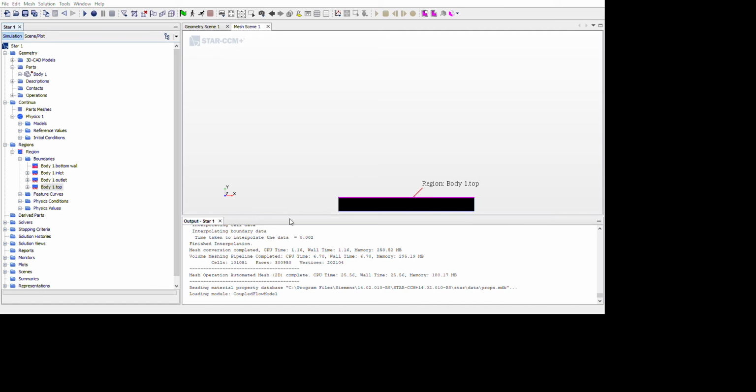So, symmetry plane on the top. I go to the inlet. I just give it as a velocity inlet. So my physics conditions, you can look over here, and if you want to explore, you can explore more, and I'll do it in further videos. But for the moment, velocity magnitude, I give it as 10 meters per second.